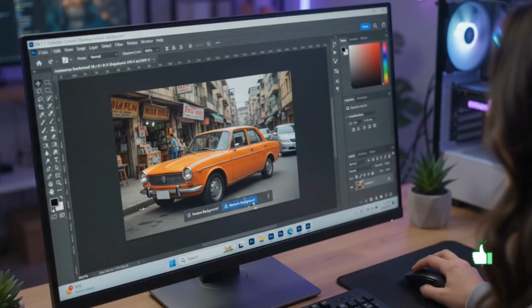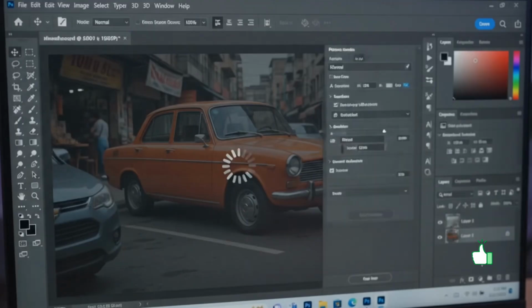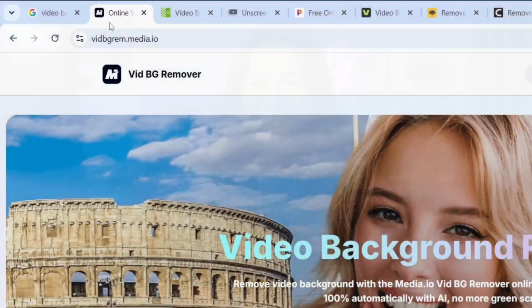I tested 7 free AI video background removers, and the results were actually surprising. Some tools worked well, but one of them clearly stood out as the best option. Starting with number 7,